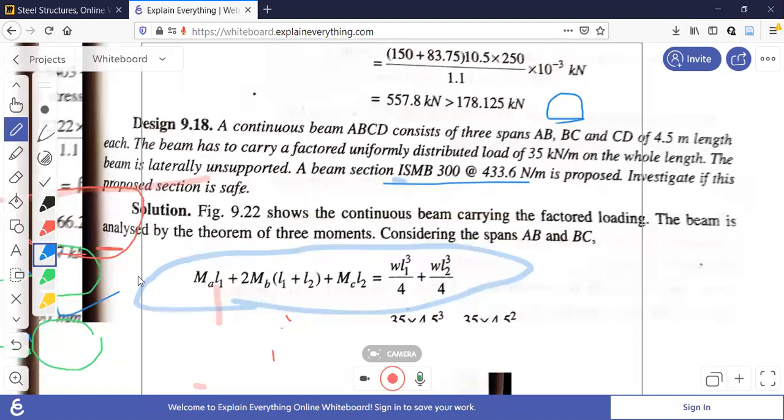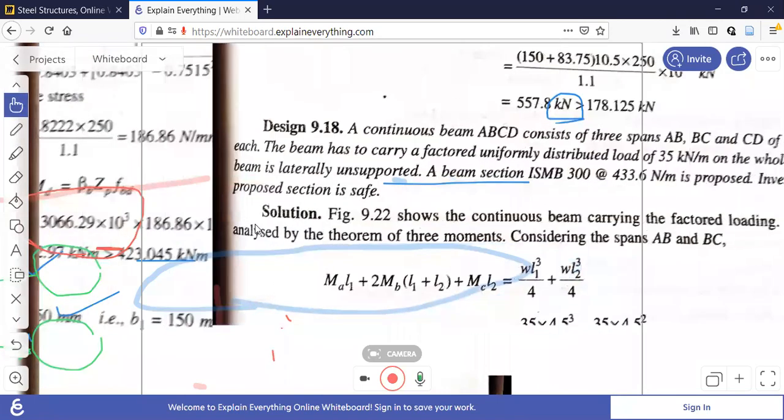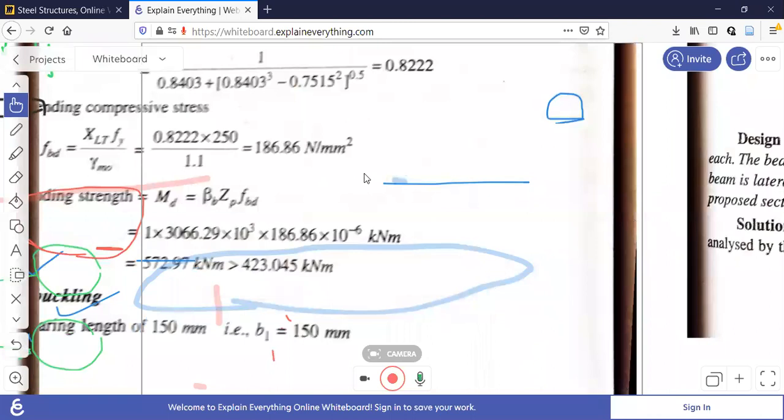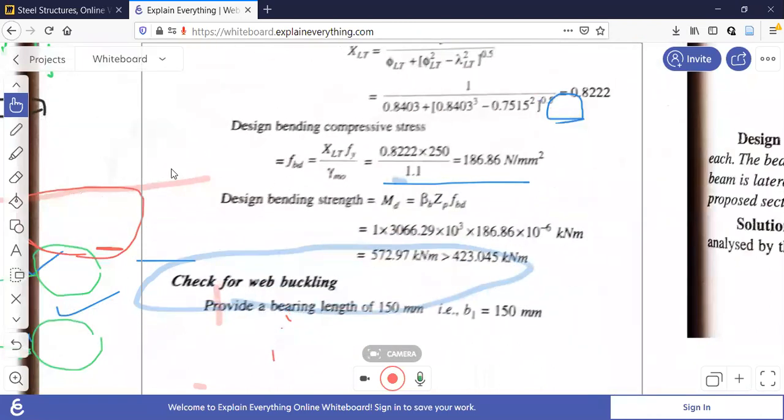So we'll continue in the next class. There was some problem from my side here because of the net speed. Today, I don't know what the problem is. Internet is a little bit slow here. I'm not able to upload the pages.